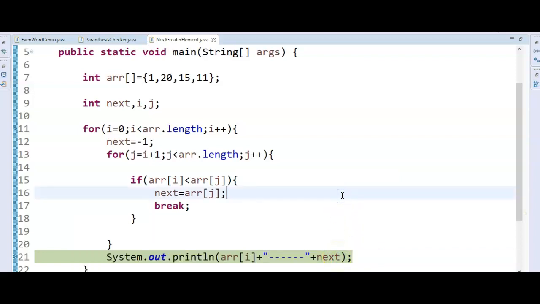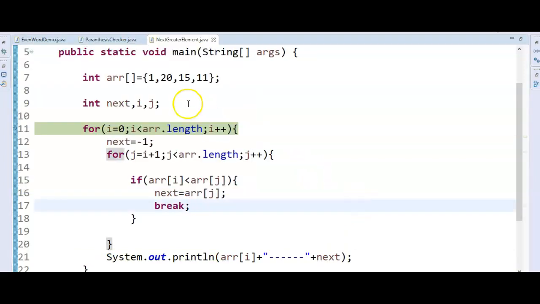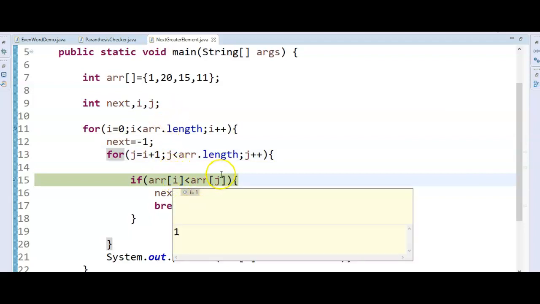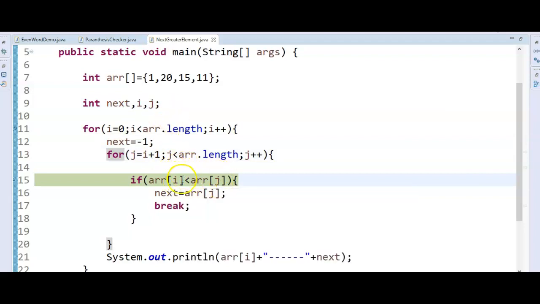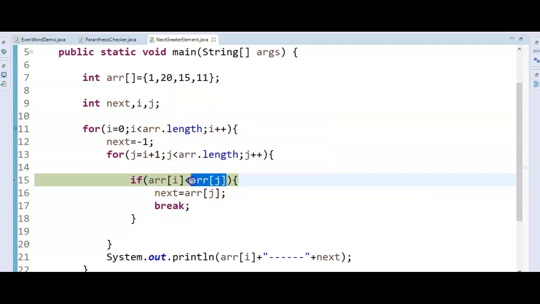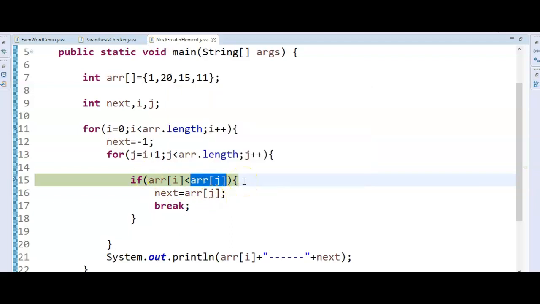Now let's go for the next loop. So what is the next loop? i will be 20, and j will be 15. If array of i is 20 and array of j is 15, so 20 is less than 15, false.